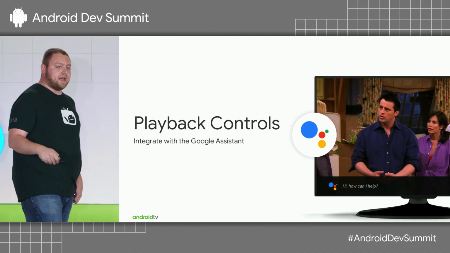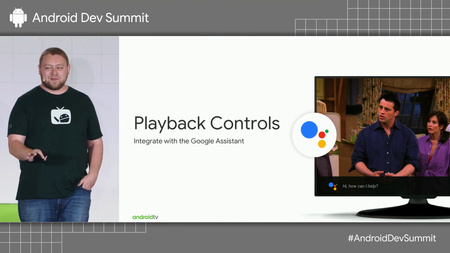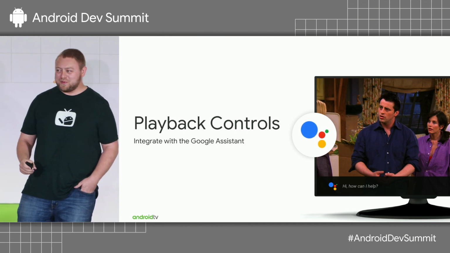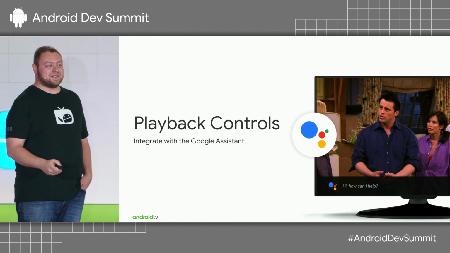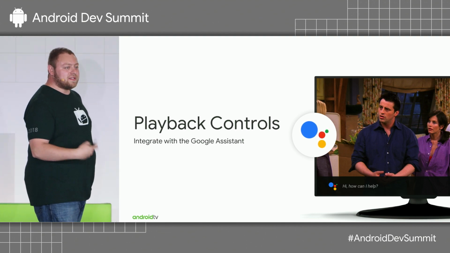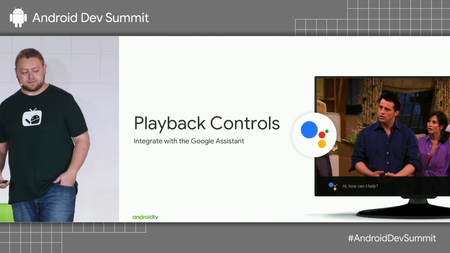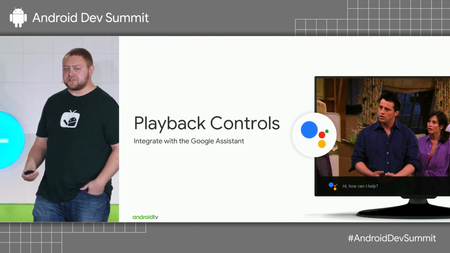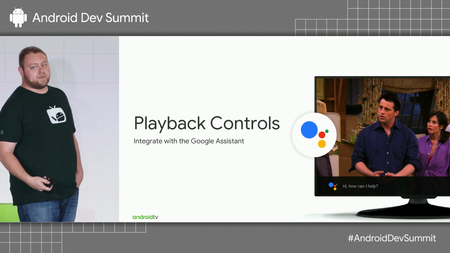So we talked about this at I/O this year, playback controls. Everyone's phone should be ready. Here we go. OK, Google, skip 5 minutes. OK, Google, pause. OK, Google, play. These types of transport controls can be commands through the assistant. Adding this extra little feature, this little nugget of delight, helps build that experience for your app.